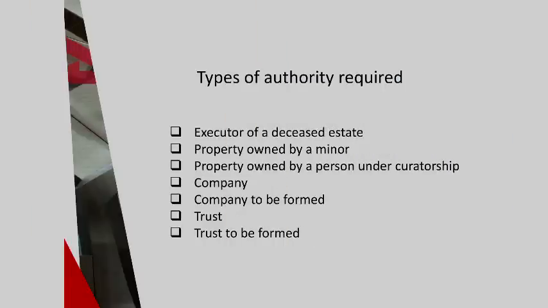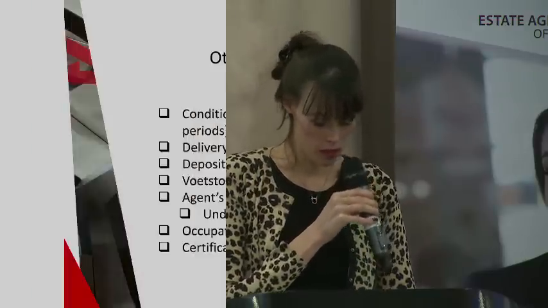What about a trust? No. Why? Because the trustee needs his letters of authority. So if the trust is not yet formed, the master is not going to issue the letters of authority, which means that the trustee is acting on behalf of no one but himself. So if a trustee enters into an agreement on behalf of a trust to be formed, that agreement is void ab initio. It's invalid from the start. It cannot even be remedied.